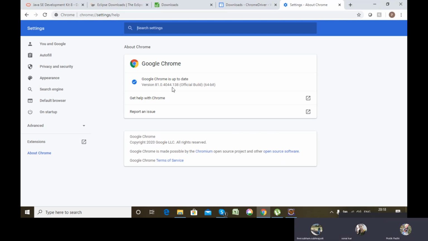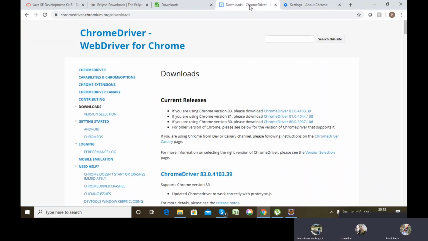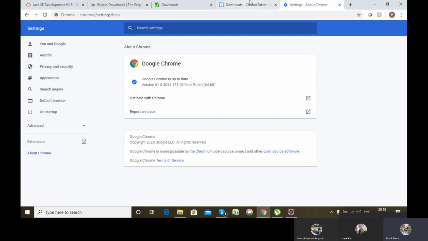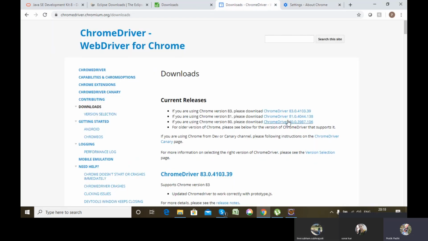In the download page, you will download 81.0 because your Chrome is now 81.0. Do not download 80.0 or 83.0. Only download the exact version which is present in your system, else it will not support and it will create a compatibility issue and the script will fail. Means Chrome will never be instantiated.